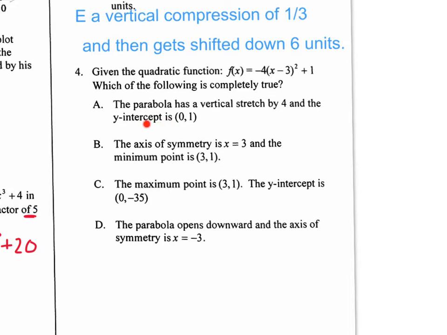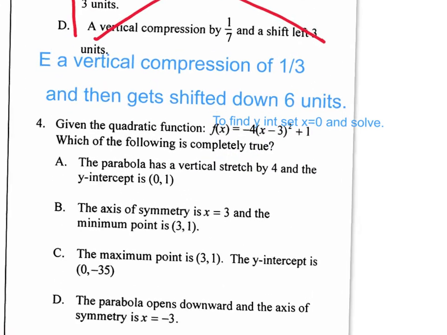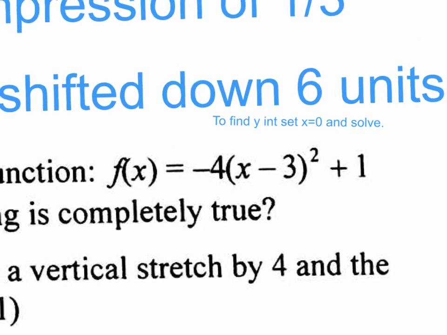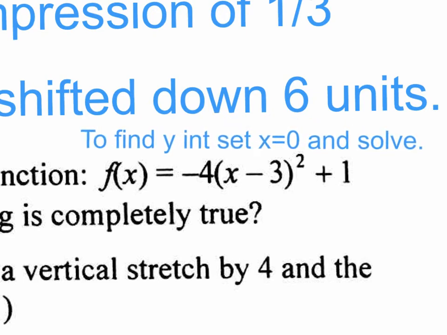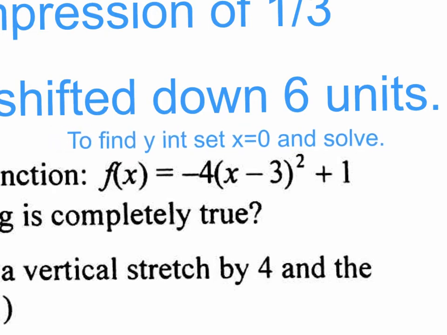Remember, how do you find the y-intercept? To find the y-intercept, you must set x equal to 0 and solve. Again, to find the y-intercept, set x equal to 0 and solve. So if we take a look at this function right here, f of x equals -4 times x minus 3 to the second power plus 1, and we want to find the y-intercept, which means we need to set x equal to 0 and solve. Okay, so we need to actually take the x value and make it a 0 and work it out. So that's really going to be a -3